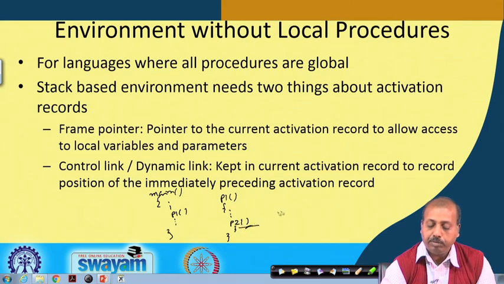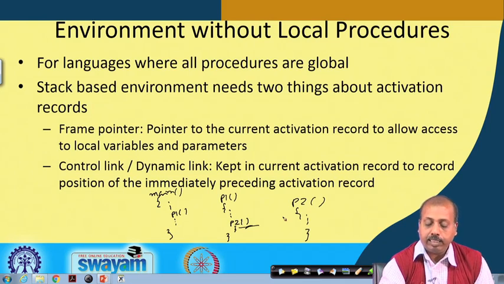If this is the body of P2, then what are the definitions that we are going to use? Depending upon the scope rules of the language, it may be that it is static scoping, that is, from which portion of the procedure we should take the definition is fixed. That is defined by the static nesting rules, or it may be a dynamic nesting rule.